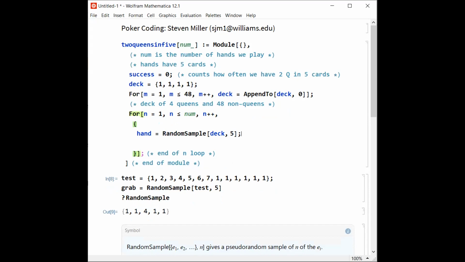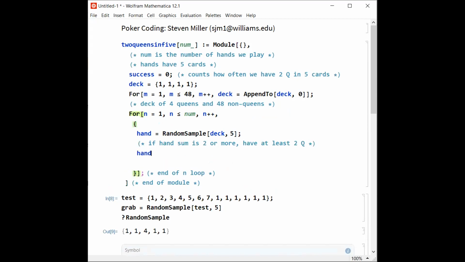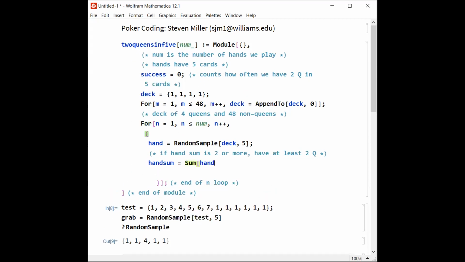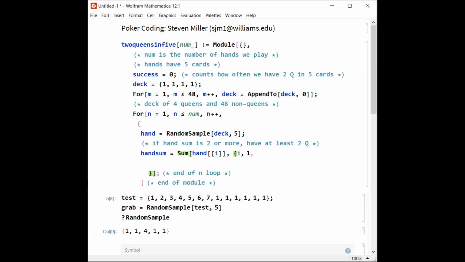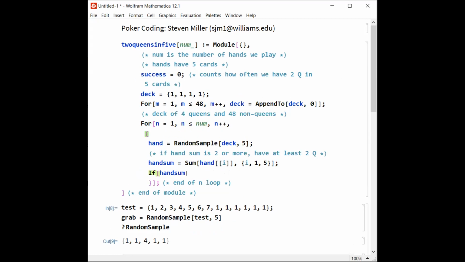If the sum of the hand is at least 2, we have at least 2 queens. So "and sum" is equal to the sum of the ith element, where i goes from 1 to 5. I'm hard coding it because I know exactly how many things there are. And so now, if "and sum" is greater than or equal to 2, then